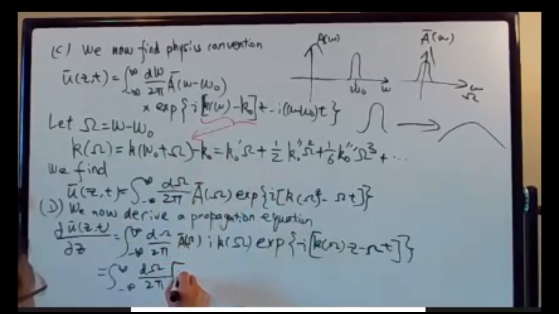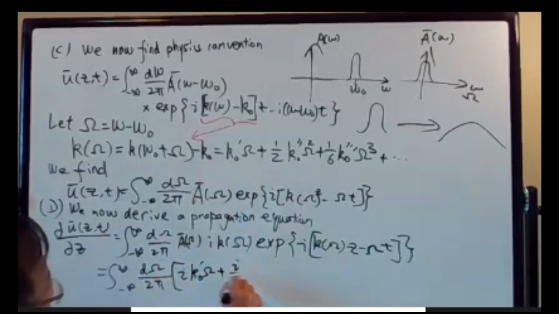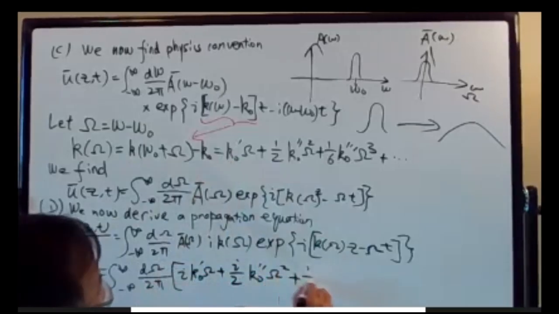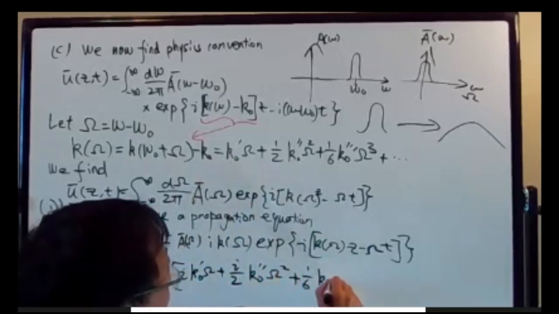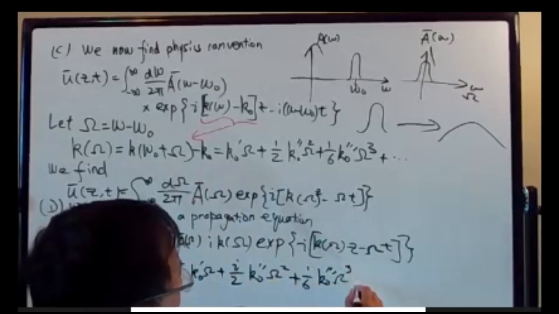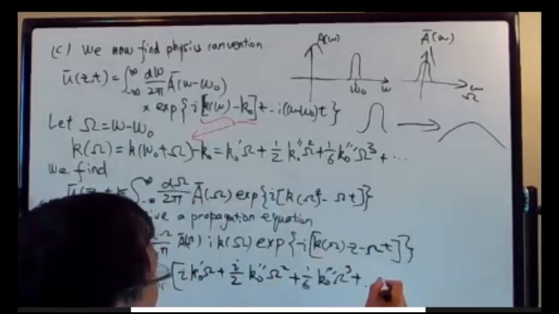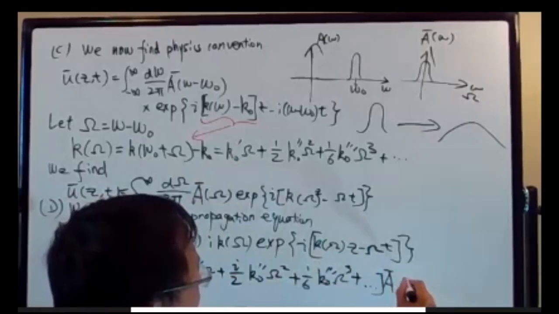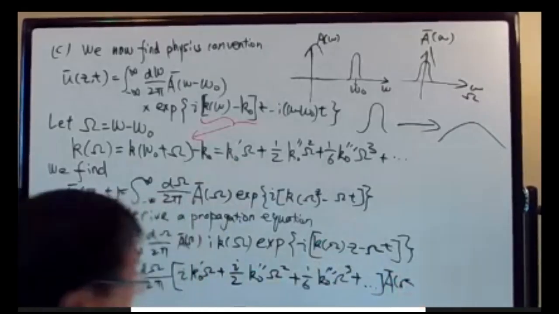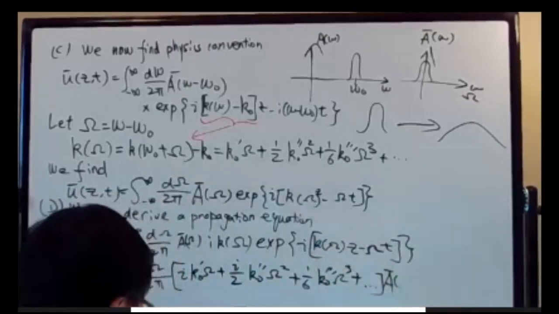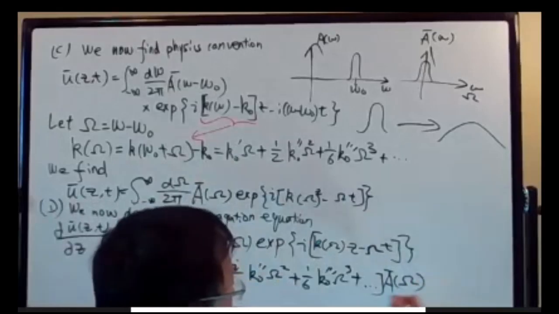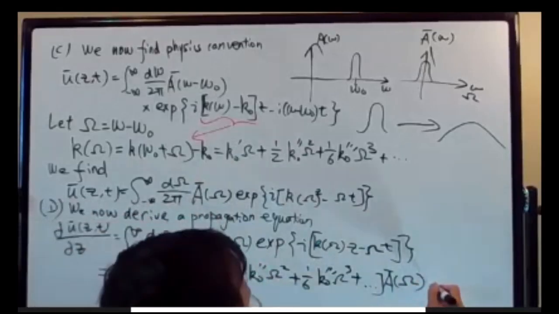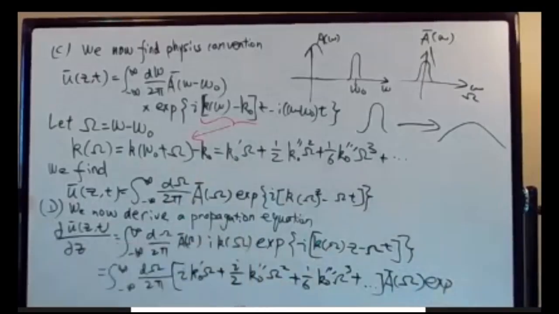It's i k naught prime omega plus i over 2 k naught double prime omega squared plus 1 over 6 k naught triple prime omega cubed plus all the remaining terms, and then a bar omega,